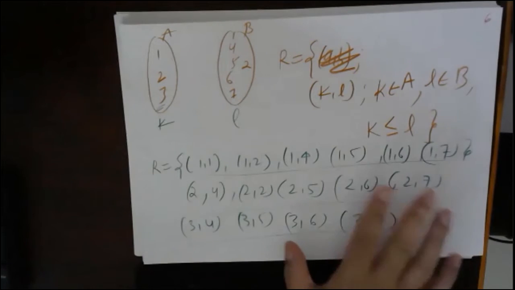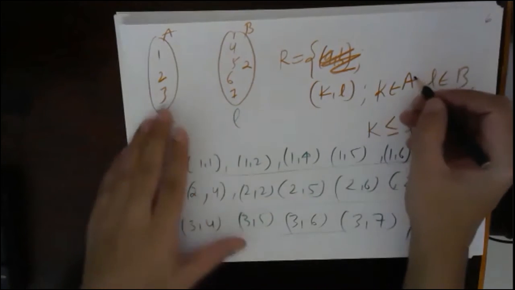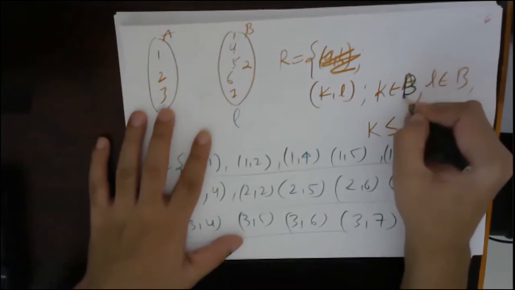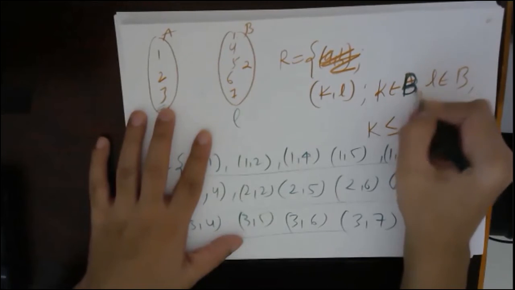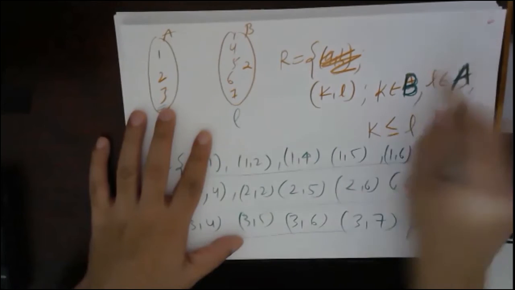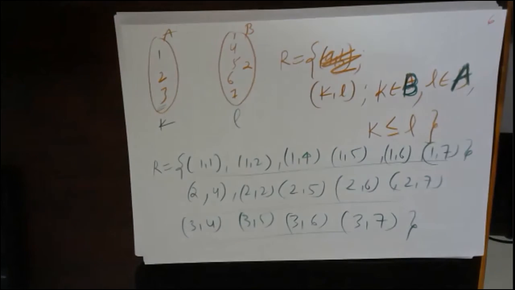The same question, only I will change one thing, and then tell me what the answer will be. Now K belongs to B and L belongs to A. Now tell me, will the answer change or not? First tell me this. Yes or no? Yes? Okay. Now if the answer will change, then write down the roster form. Tell me what the set will be.